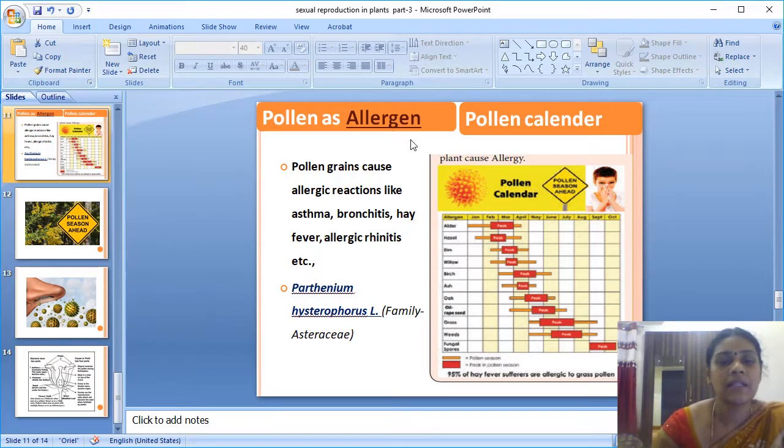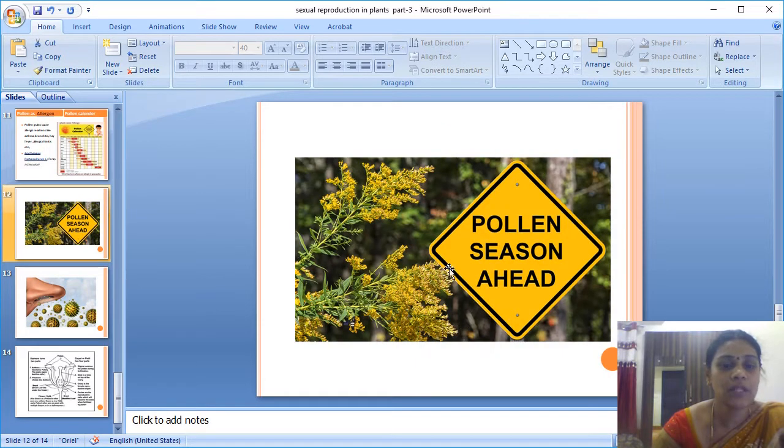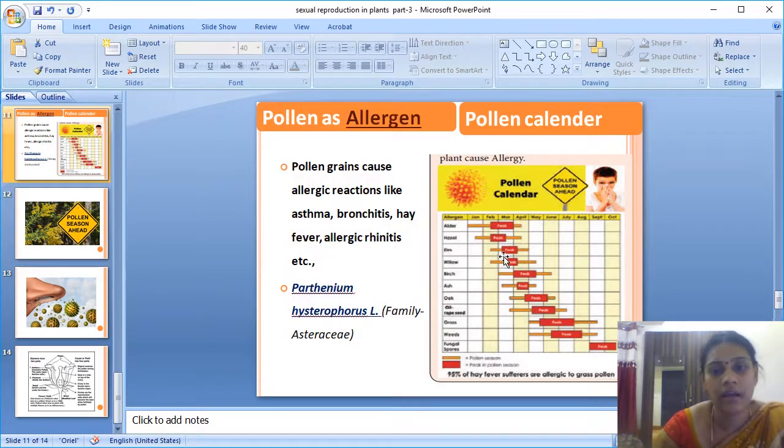An allergen is something that causes itching reactions. So pollen, in some persons, causes itching reactions, and it is called an allergen. The pollen season peaks around March, and mostly in the winter season there will be a lot of pollen liberation. So allergy patients should be very careful with these pollens, as they may cause allergic and respiratory problems. We have to avoid them, as in the winter season it will be more. That is what the pollen calendar gives, in a gradual ratio from the pollen grade.